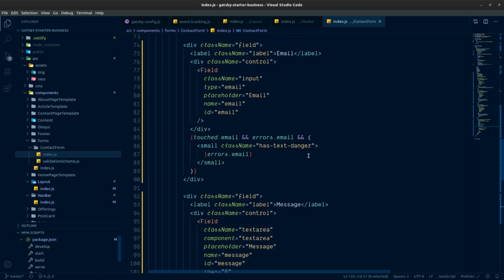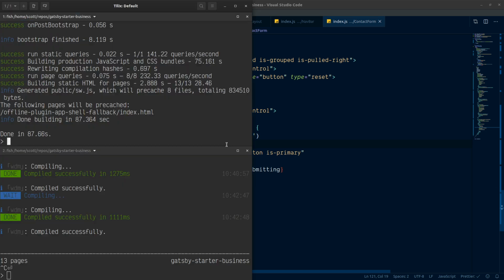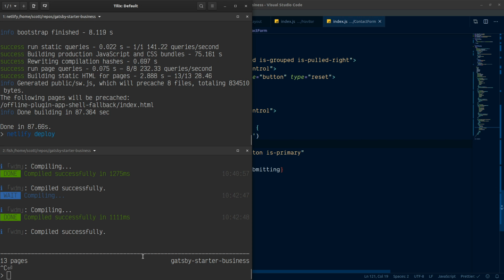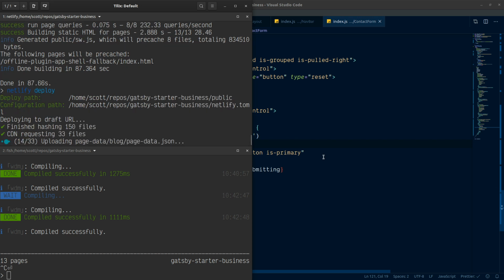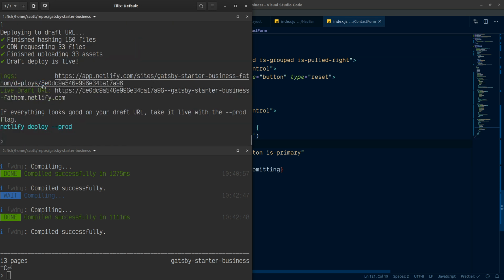Cool, and that should be that as well. So let's take a look. Is it built? It's built. Let's deploy it. Wait. Silence. Doesn't take that long for this. It's just pushing the files to the